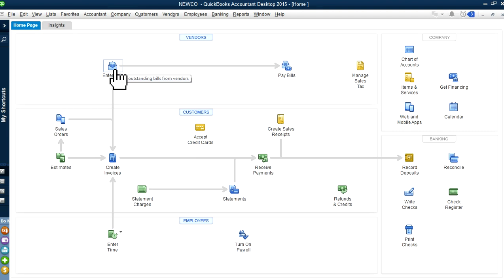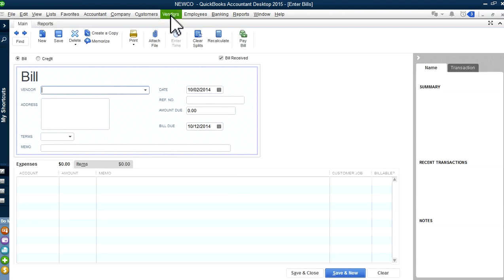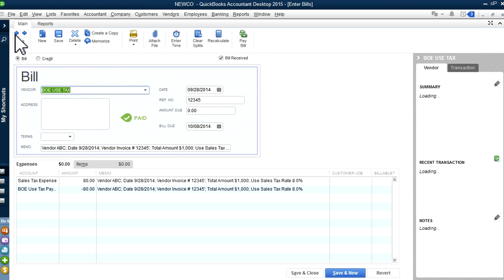So this is the one you want to use, enter bills. We're going to create a zero bill, so it's known as a zero bill. You can go from here or you can go from here, it gets to the same place. I already did one here, entry. So as you can see here, I've created one vendor here. I just said BOE use tax as a vendor, and then